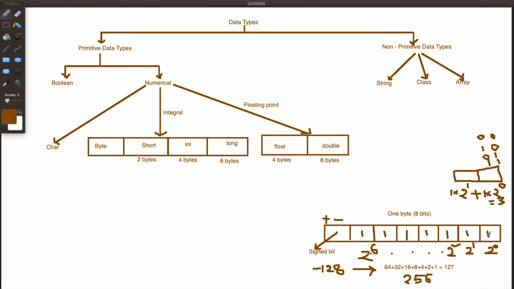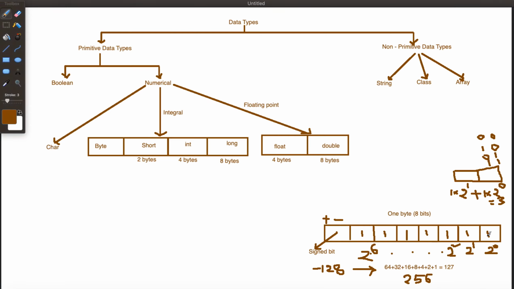You can write it in this way: minus 2 power, after taking out the signed bit, how many bits do we have? 7. So minus 2 power 7 to 2 power 7 minus 1.